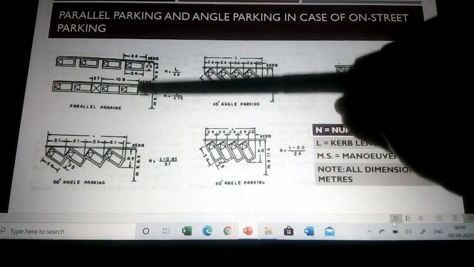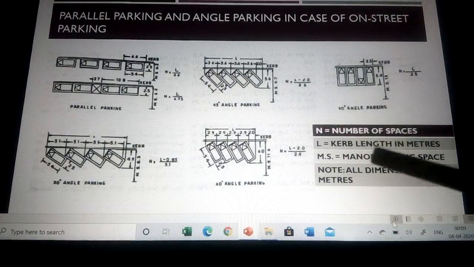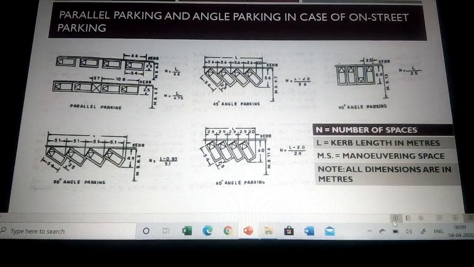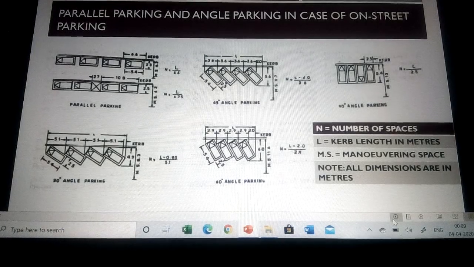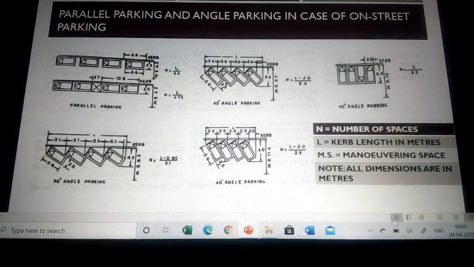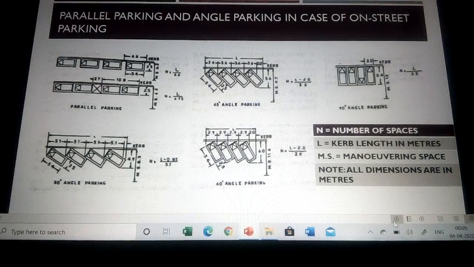So it is clear from parallel parking that the vehicles are parked in a parallel fashion, and N is calculated by L by 6.6. That is, L is the total curb length, it is given in the figure, and 6.6 is the center to